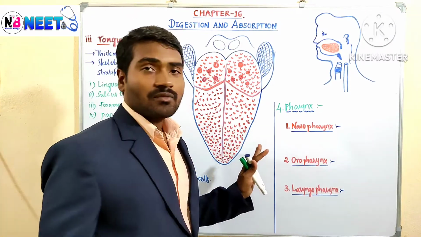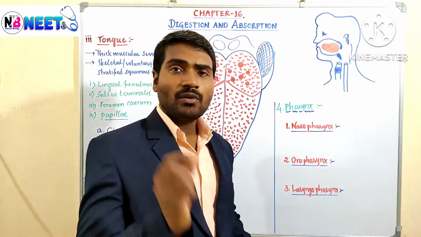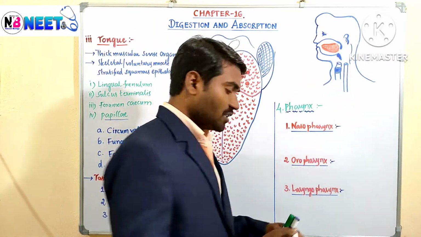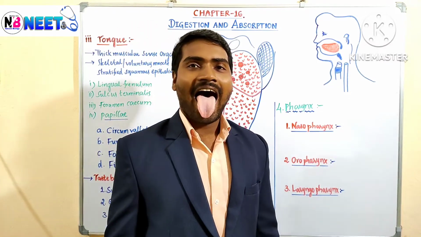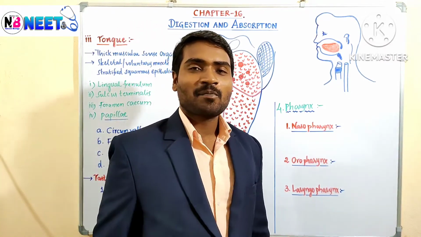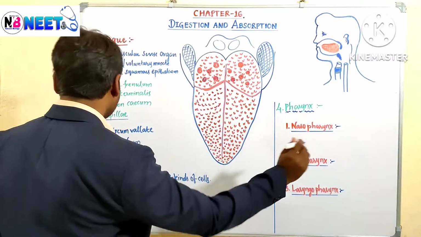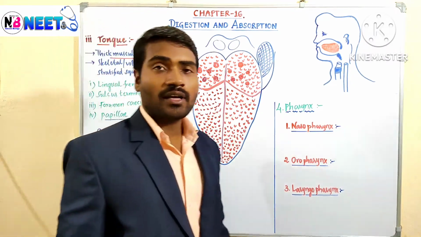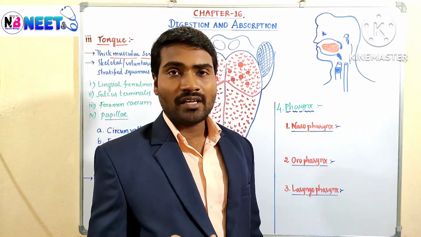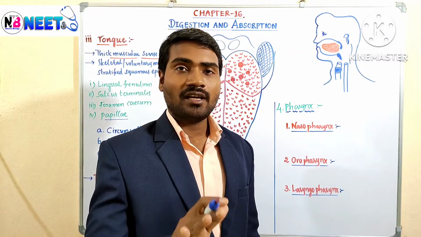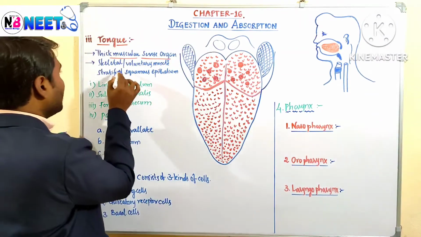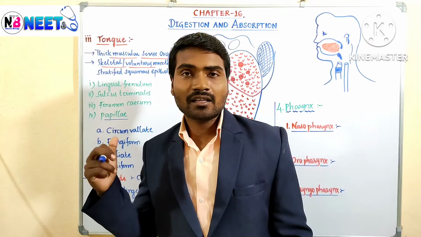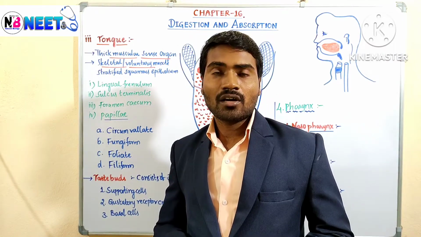So this is about the structure of the tongue. As we know, the tongue is present in the buccal cavity. You can see the red colored diagram. This is the tongue which is present in the buccal cavity. The tongue is a thick muscular sense organ, one of the five sense organs, which helps in the identification of taste. And it is made up of skeletal or voluntary muscle. Which type of muscles? The tongue is made of skeletal muscles or voluntary muscles.